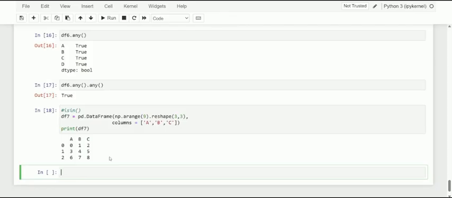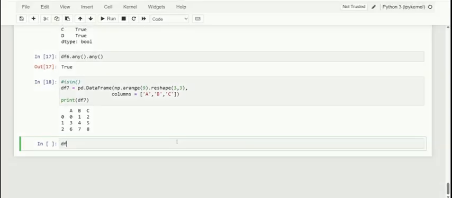Now let's apply the isin method with some values to search for. Here let me create a new data frame df8, where I pass the previous data frame df7 and apply the isin method. Here let me pass a list of values: 0, 3.